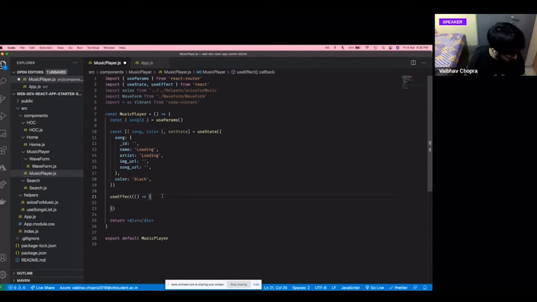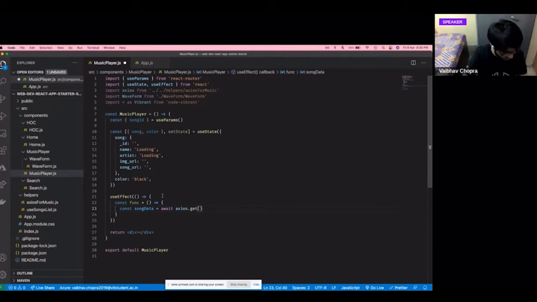In the next part we have a function called func. You can name it anything you want. I was running out of innovative names. So I'll fetch the song data from my Axios, obviously. I'll do the get request and I'll pass it, in backtick notation, the song ID which I have.